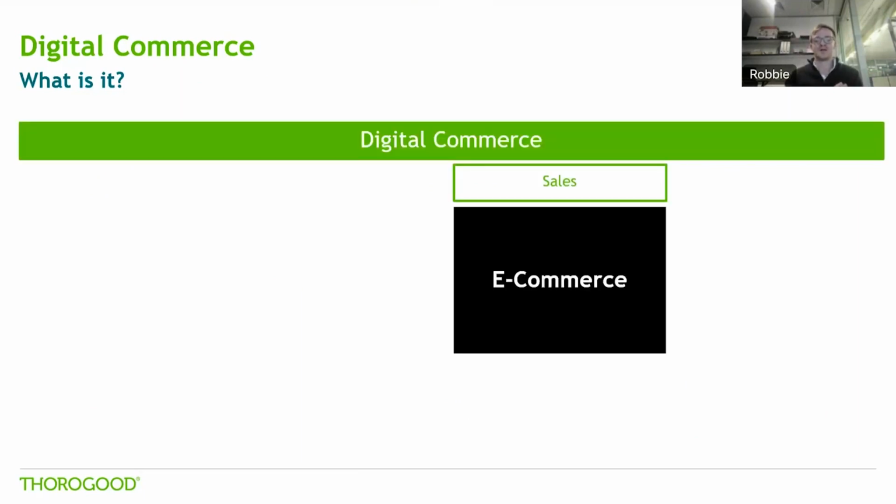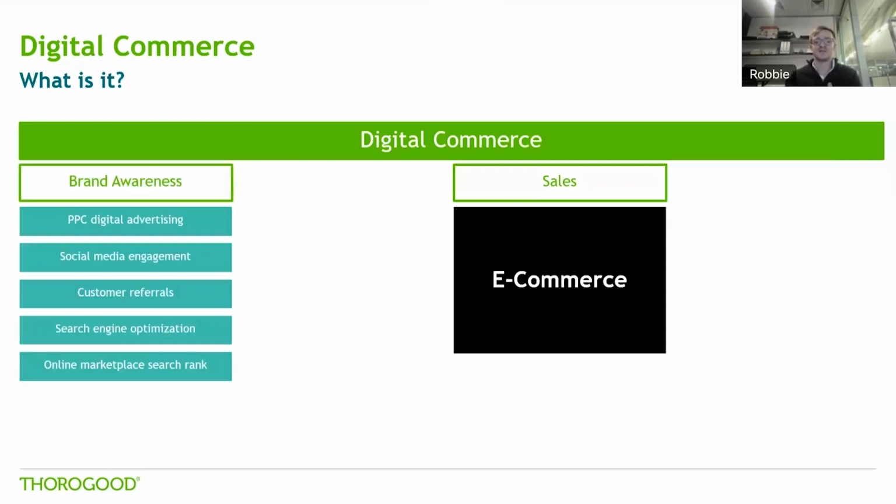The first thing that you'll see consensus across all organizations on is that digital commerce is more than just e-commerce. E-commerce up until recently was seen as just another channel. But really, when you expand it to digital commerce, there's more beyond just the digital purchasing of a product or a service. There's a lot more leading up to that, which I'll cover in this slide here. So the first stage of that is going to be brand recognition and brand awareness, actually making customers aware that you exist and that your products, services, and offerings exist as well.